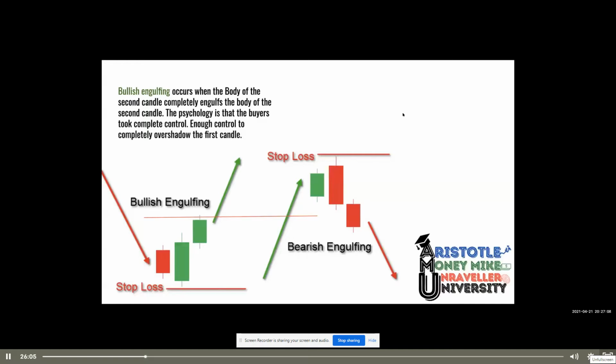By the way, does everyone understand pin bars? Put a yes if you understand real quick. Cool. And you guys will learn support literally next. You will learn all about support and resistance next. So